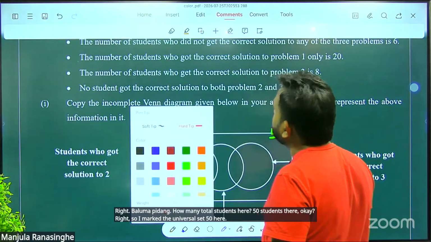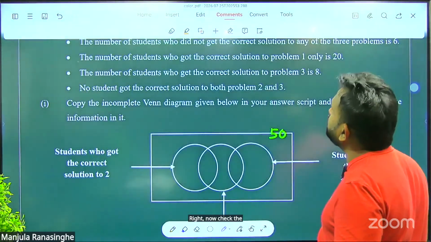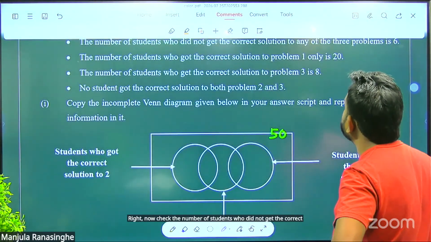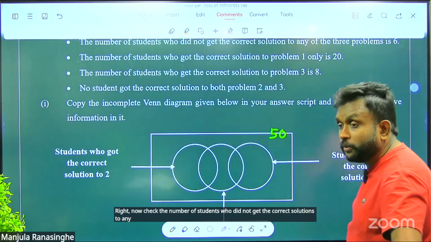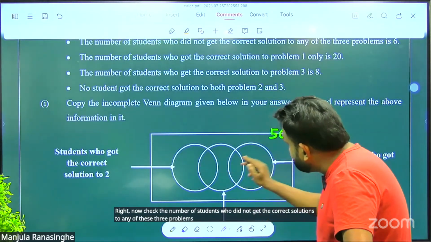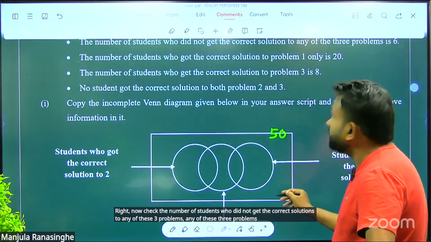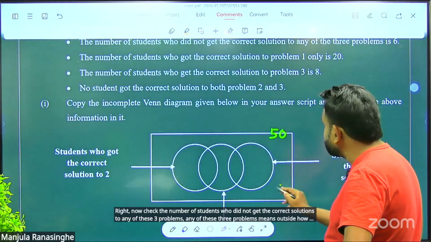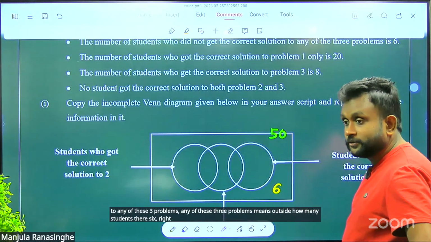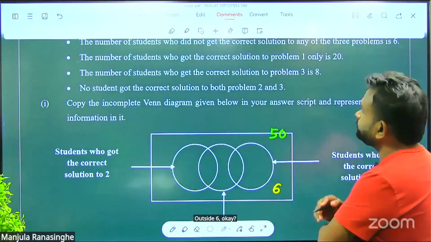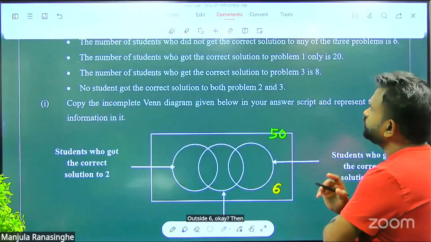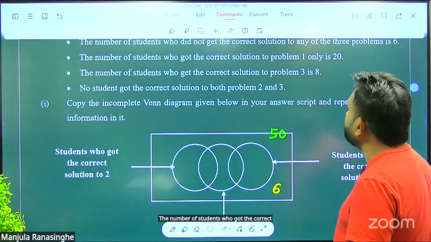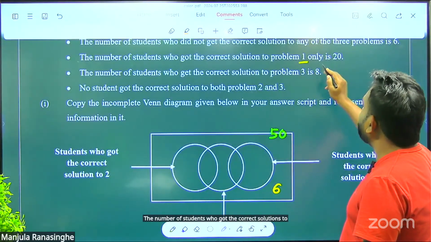Right. Now check the number of students who did not get the correct solutions to any of these three problems. Any of these three problems means outside. How many students? They are 6. Outside 6. Okay. Then the number of students who got the correct solutions to problem 1 and 1 only